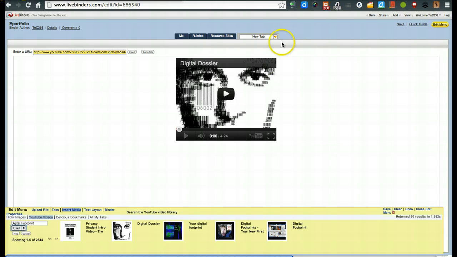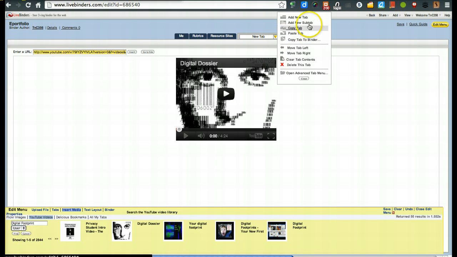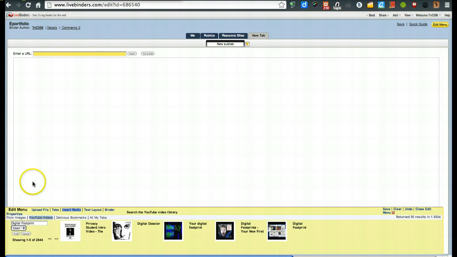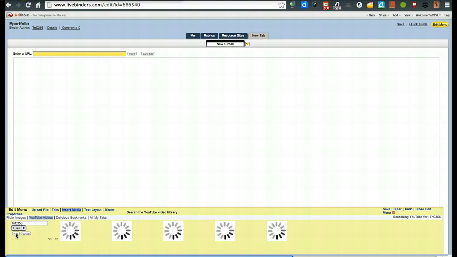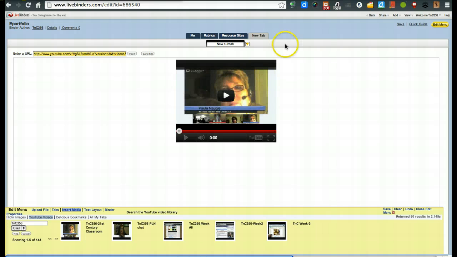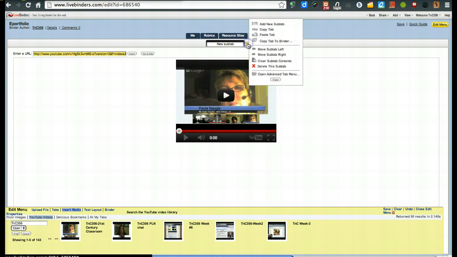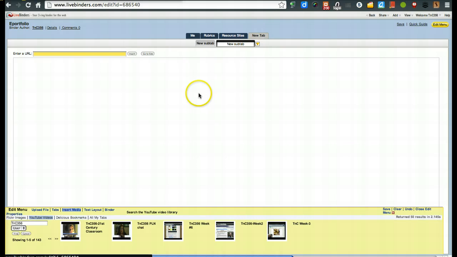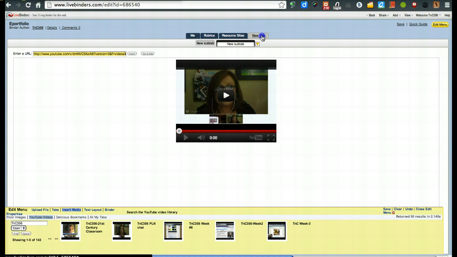Let's go user and go add new sub-tab. And for user, we'll just say TNC356 find. And now it goes and finds that channel, and you could put all of these in there. So for example, I can click on this one to add, and add a new sub-tab, and add this one in, and then I can go up here and just say